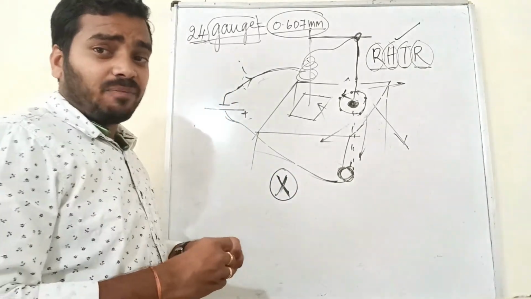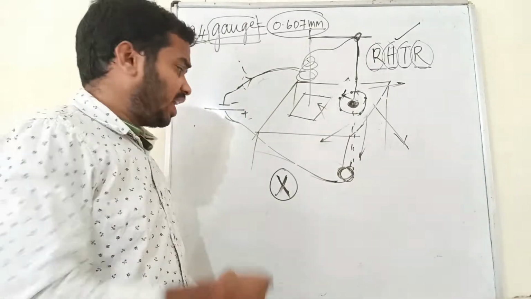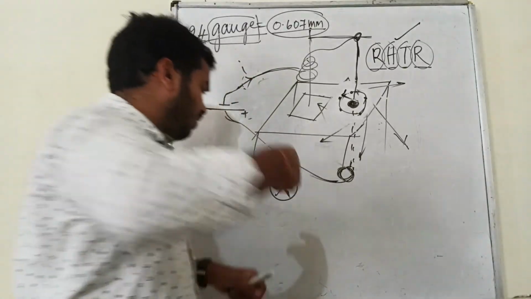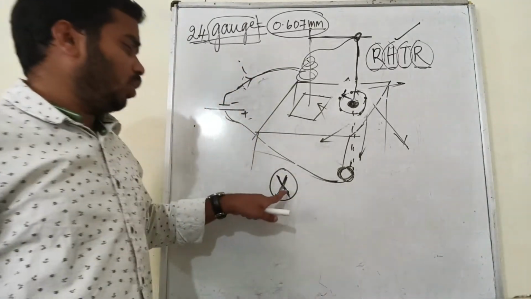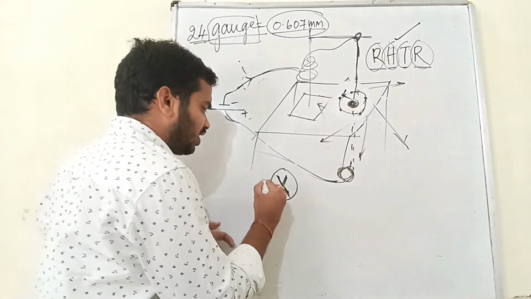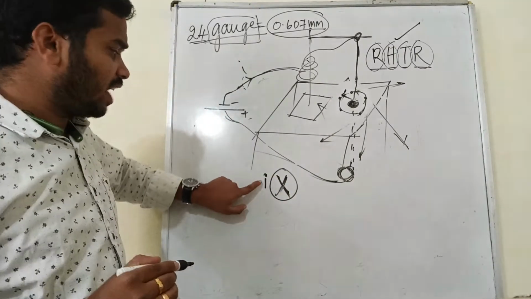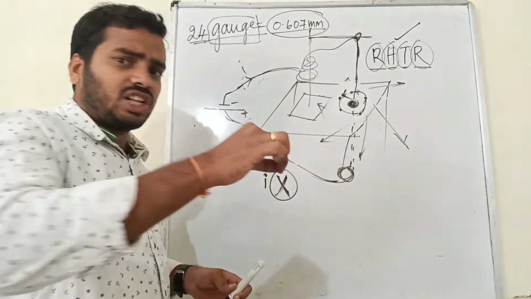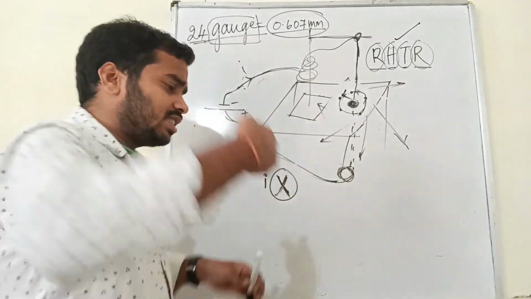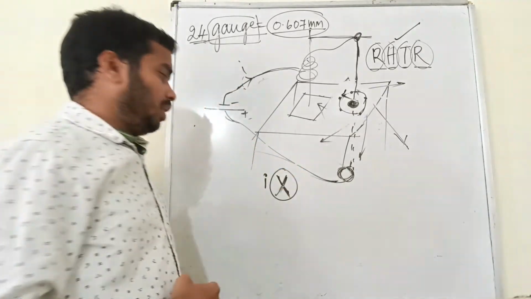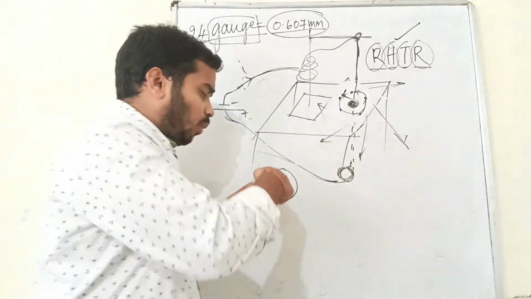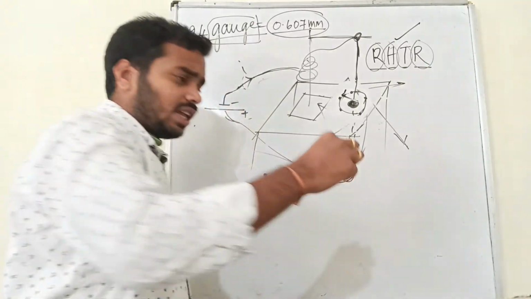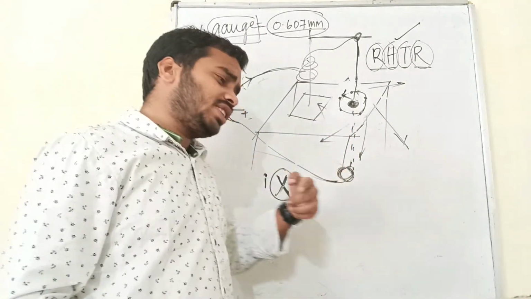Consider that the electric current is going into the plane. If it is going into the plane like this, you can indicate it with the cross mark and just write I beside it. That means the electric current is going into the plane, the wire is arranged like this, and the current is going into the plane. Similarly, if the wire is like this and the current direction is out of the plane,